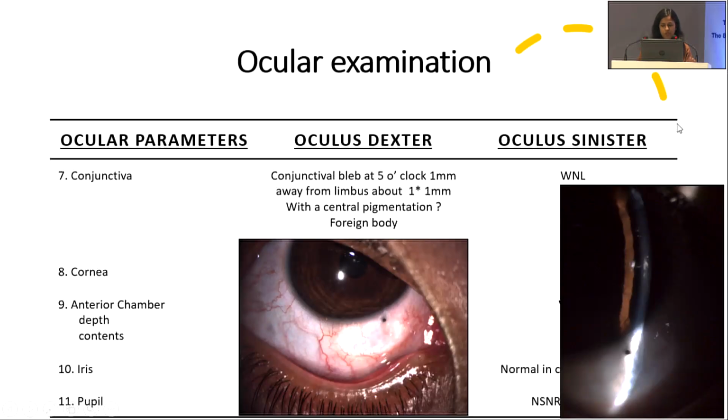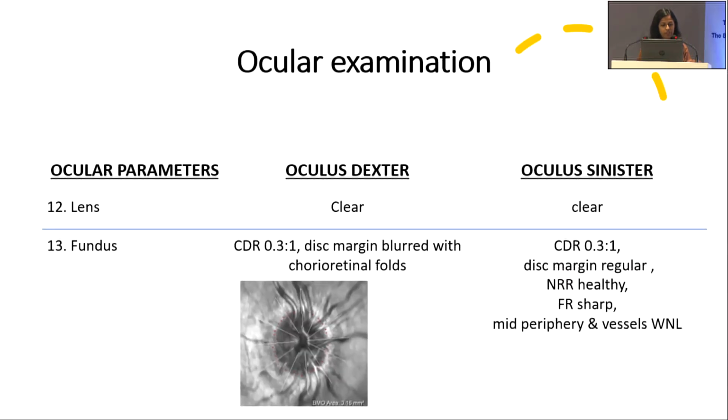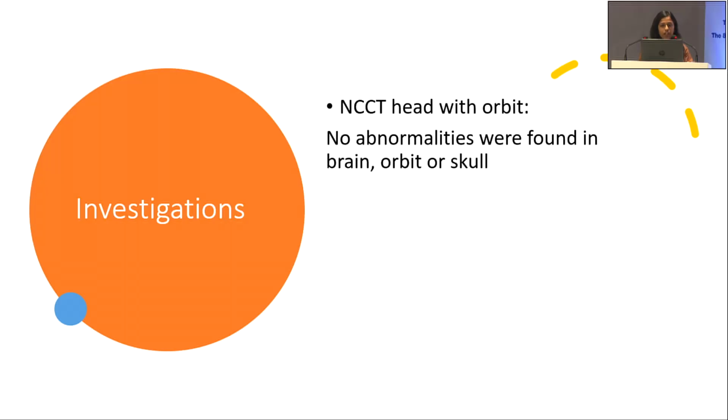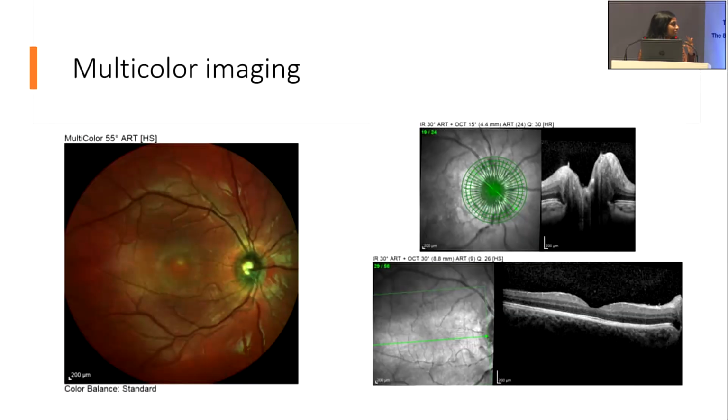So AC was formed deep, and on fundus examination we could see disc margin was blurred, along with it chorioretinal folds were present. On investigation,